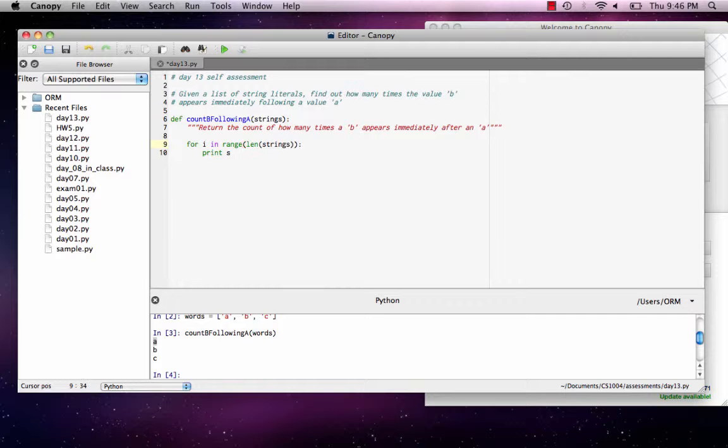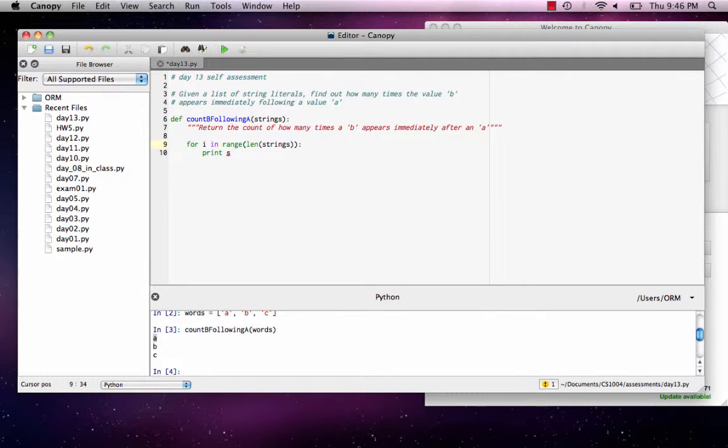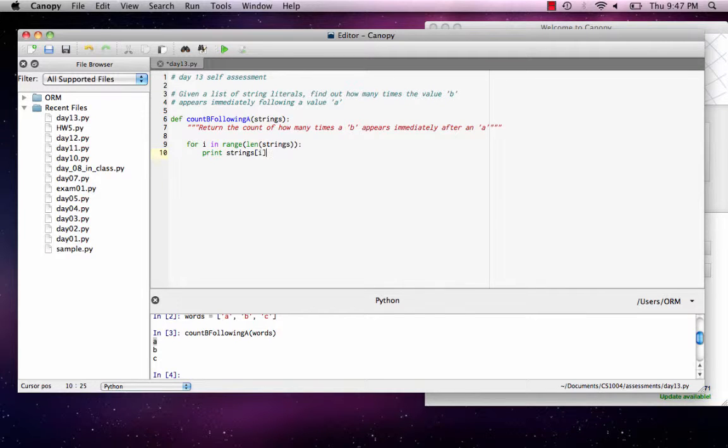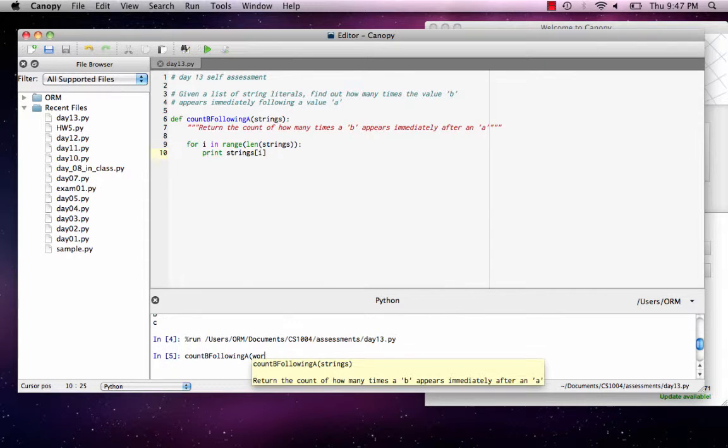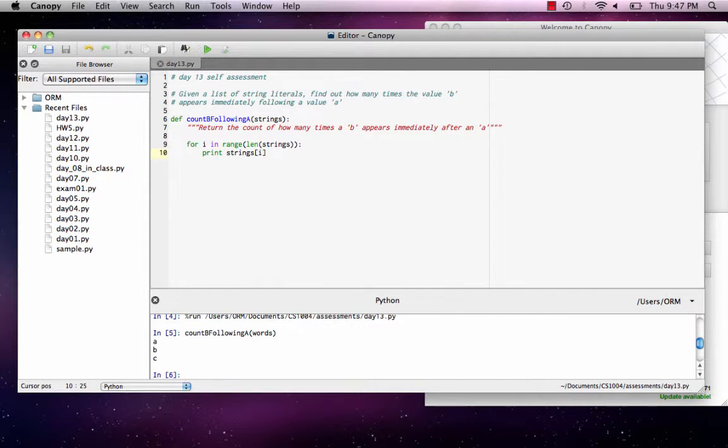And you've seen this structure before: for i in range of len of the list. Now if I were to do this here, you would see how I would print out strings of i. That's how you would deal with that particular situation. So I get the same information that you saw before,